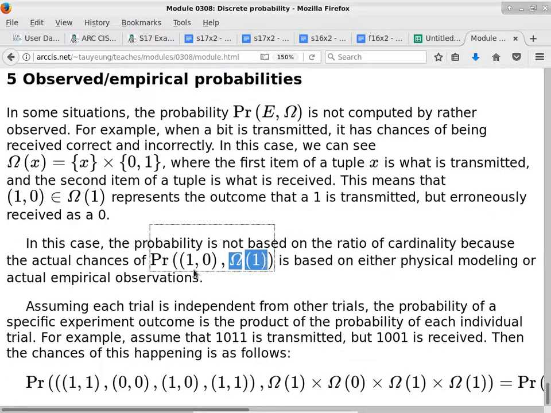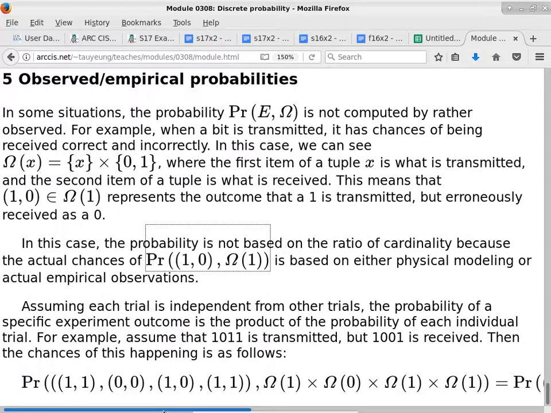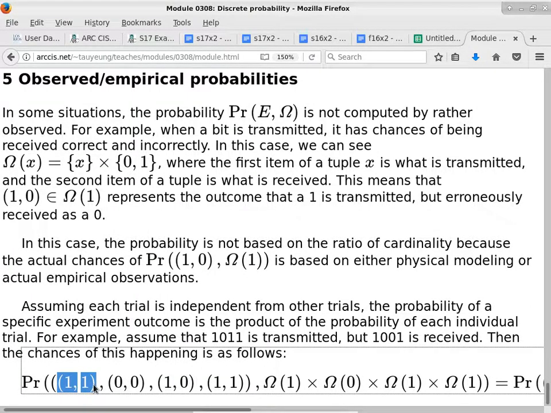And (1, 0) is a particular element of omega, because it is a 1 being transmitted but received as a 0. It's just a way of representing it. But the bottom line is the probability of a 1 transmitted and received as a 1, and a 0 transmitted as a 0 and received also as a 0, and a 1 transmitted but received as a 0,